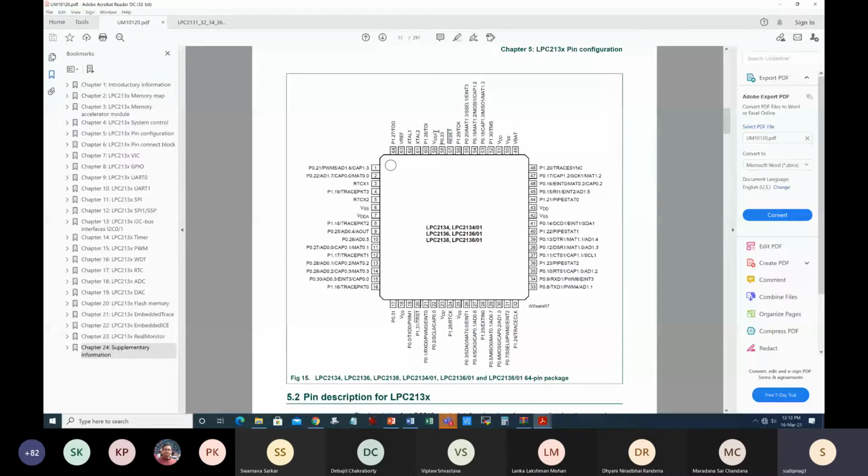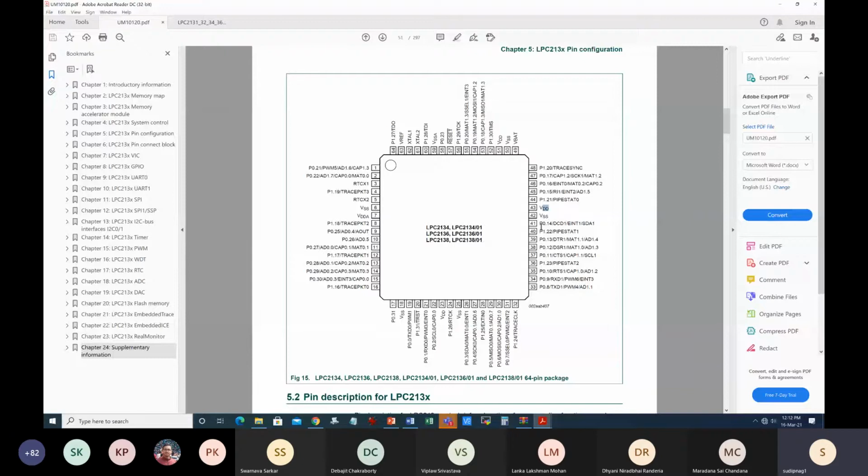You have seen that the power supply lines with subscript A represent the analog power supply, VDDA and VSSA. These are for the ADC and DAC, which is the analog to digital converter and digital to analog converter. For these two blocks mainly, we use the VDDA and VSSA terminals, whereas VSS and simple VDD are meant for the digital part of the chip. That means all the remaining blocks are powered by VDD and VSS. We know this, we had discussed this also.